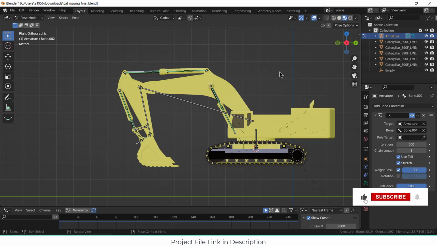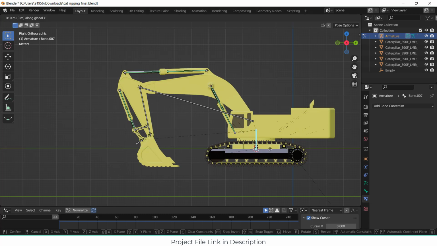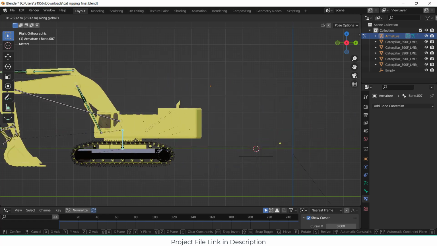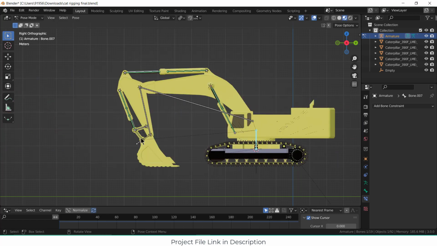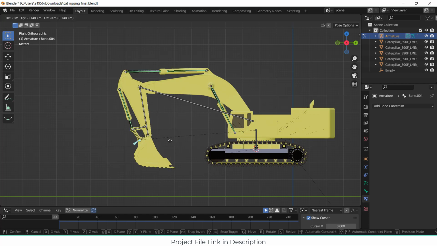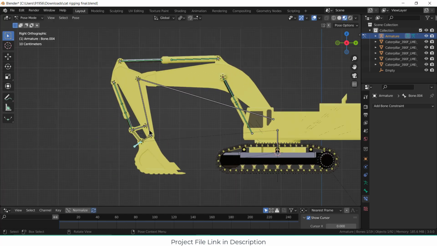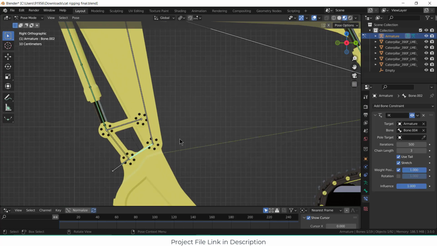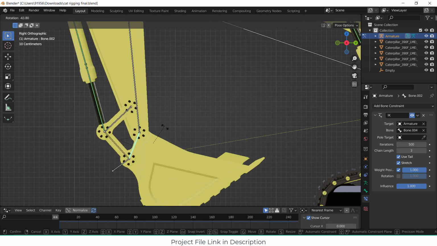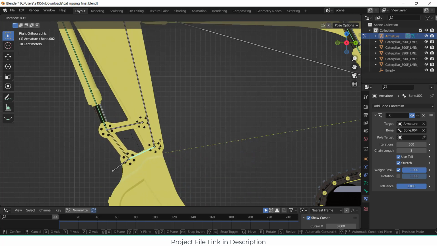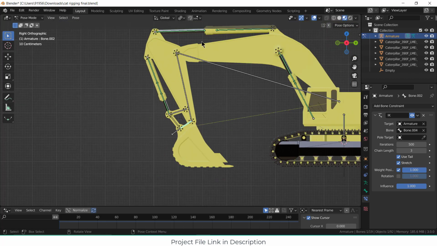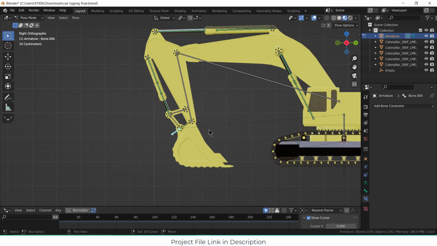Namaste guys, in this video we are going to learn how to do rigging of this heavy machinery in Blender. Okay, so here you can see this heavy machinery, and if I try to move it, you can see it's working quite fine. Let's zoom in and see the little bit details. As you can see, it's working quite great, and especially the suspension parts, you can see they are working very